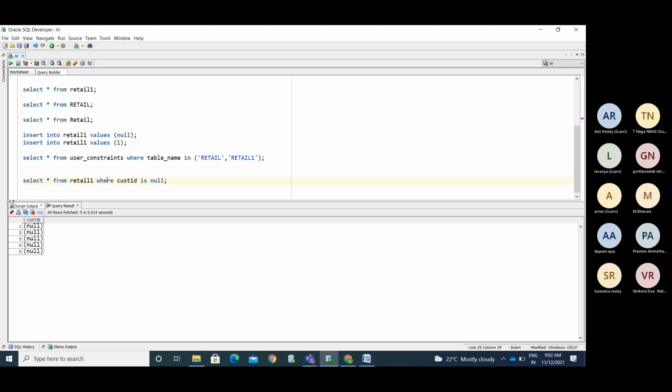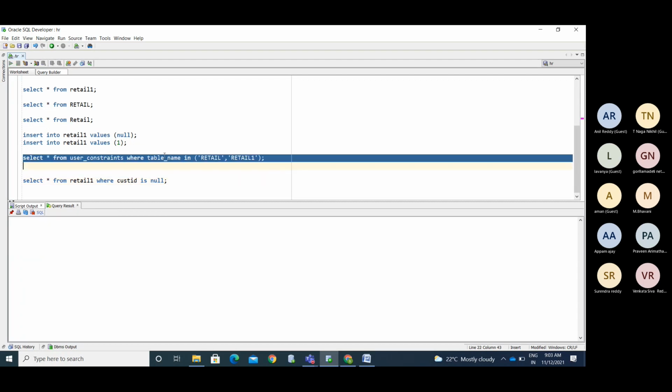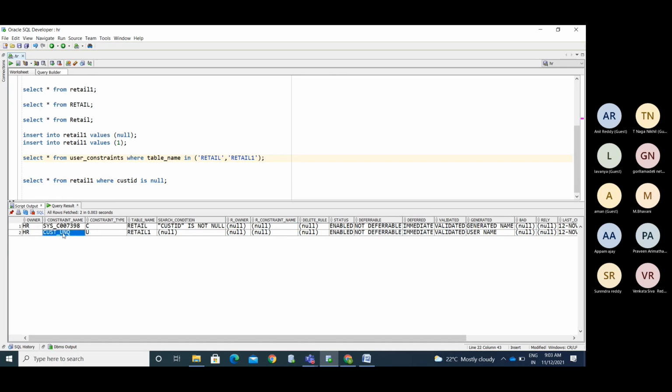Okay, so this is about the unique constraint. Now, the constraint is violated for which column? We have only one column, right? To understand for which column the constraint has an issue, you can see the constraint name here.